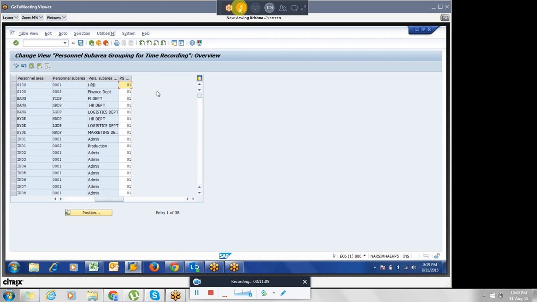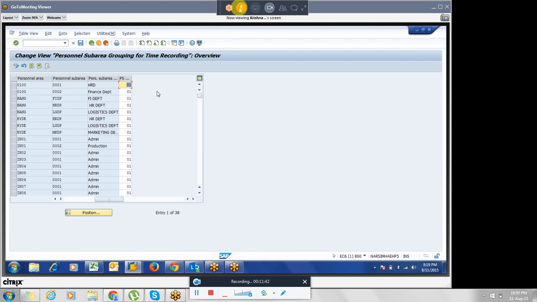Why? Because there are several related tables with standard time types available in the standard system with grouping 01. When you go for an implementation, there will be three tables whose entries we have to copy from the standard to our grouping.